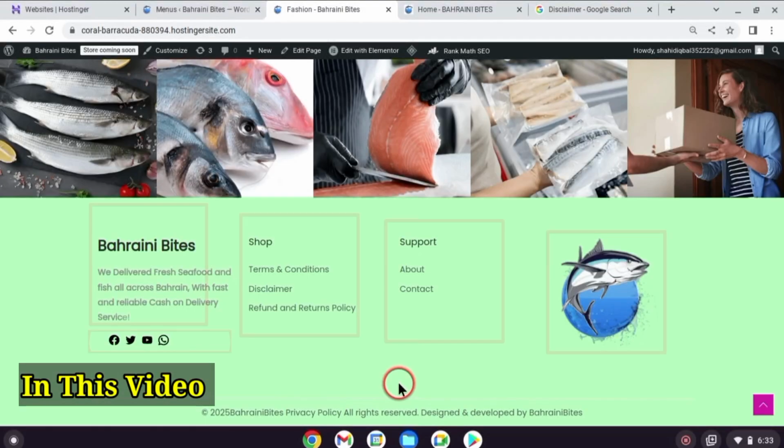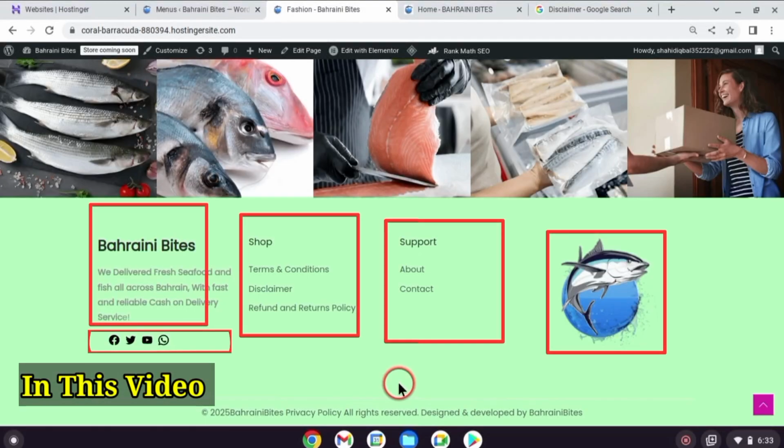So in this video, we created important legal pages, replaced the dummy footer menu, customized footer widgets like logo, text,